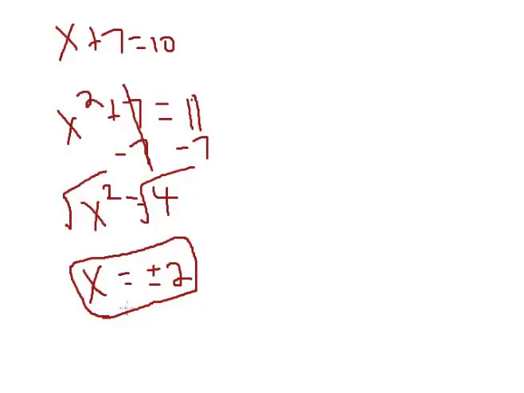In fact, generally speaking, all quadratic equations are going to contain two answers. You're going to have two possible answers. So that is a simple one. Let's take one a little bit more complex. Let me just make sure that this is set up properly. Okay, we've got 2x squared minus 11